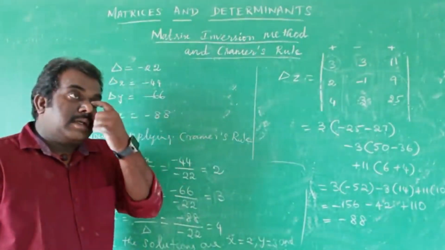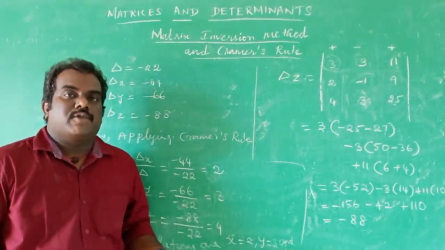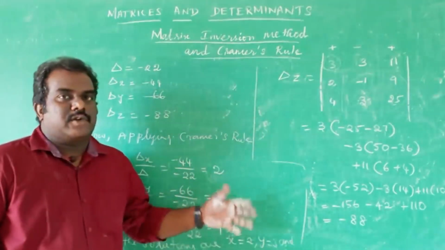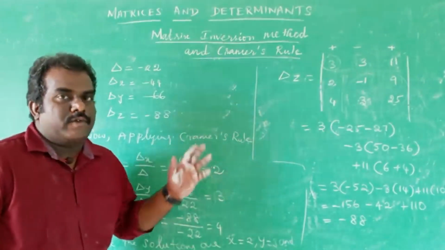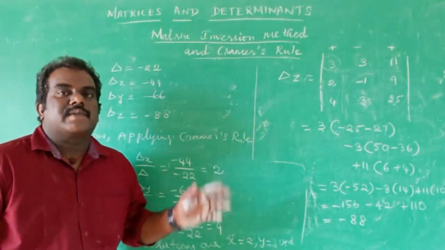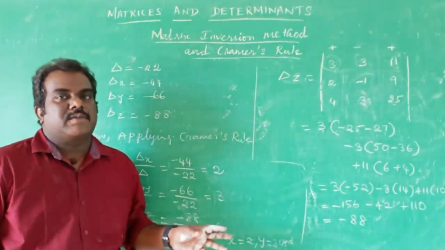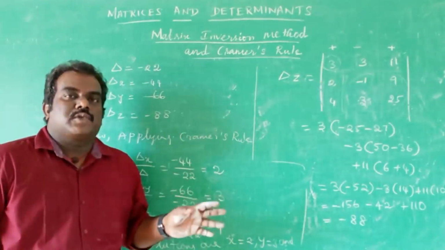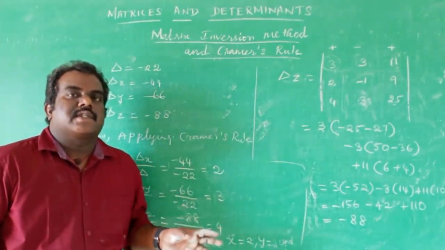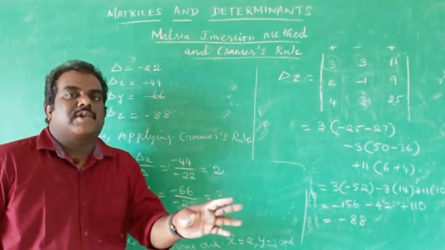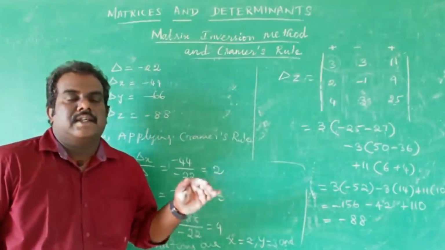The given system of equations can be written in the form of AX is equal to B. From that, we have to take the value of A and take the determinant of A. The determinant of A can be taken as delta. The next we can go for del suffix x, del suffix y, del suffix z. In del suffix x, substitute the B value in the first column of the given coefficient matrix. In del suffix y, substitute the B matrix in the second column of the given coefficient matrix. In del suffix z, substitute the B matrix in the third column of the given coefficient matrix and find the determinant of del x, del y, del z.